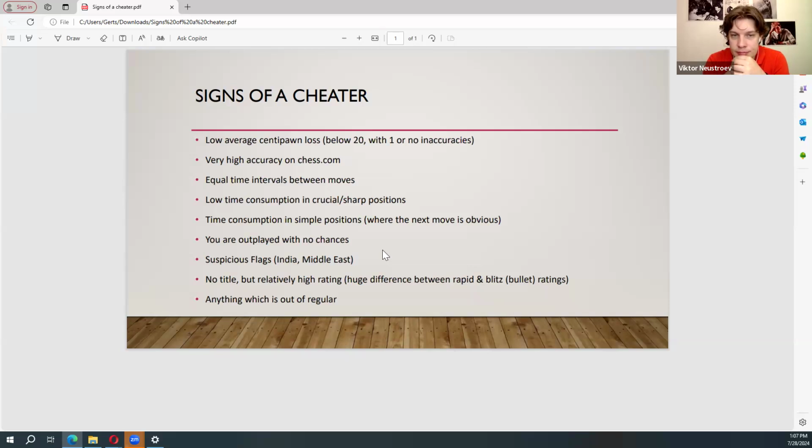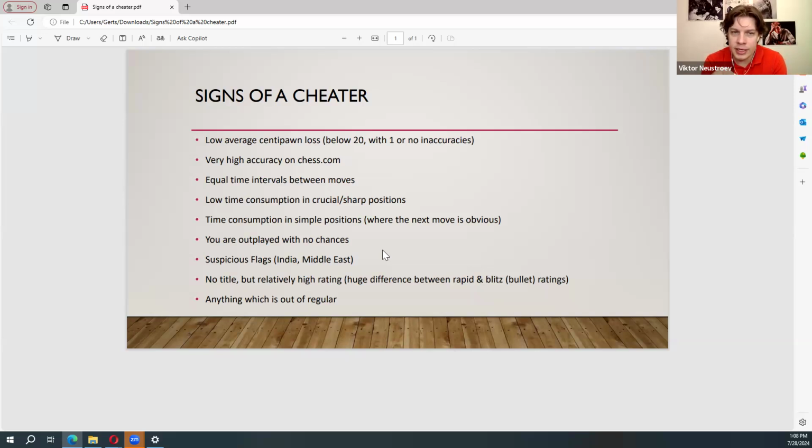I mean, if you just think, okay, probably he's a cheater, let me report him. No, not like that. Okay, so probably I was playing against a cheater, then I analyzed this game in detail, and if these criteria that Victor told me are met or are partially met, then he can be a cheater. So do not accuse if you are not sure.